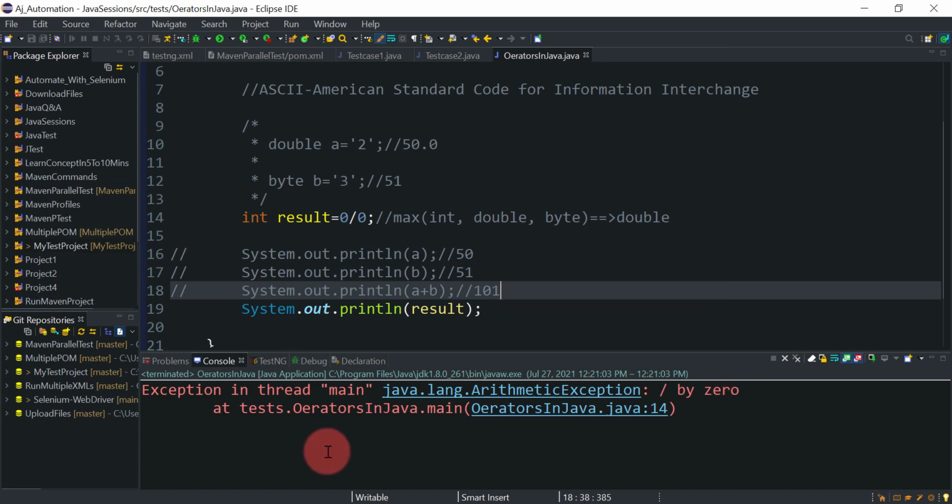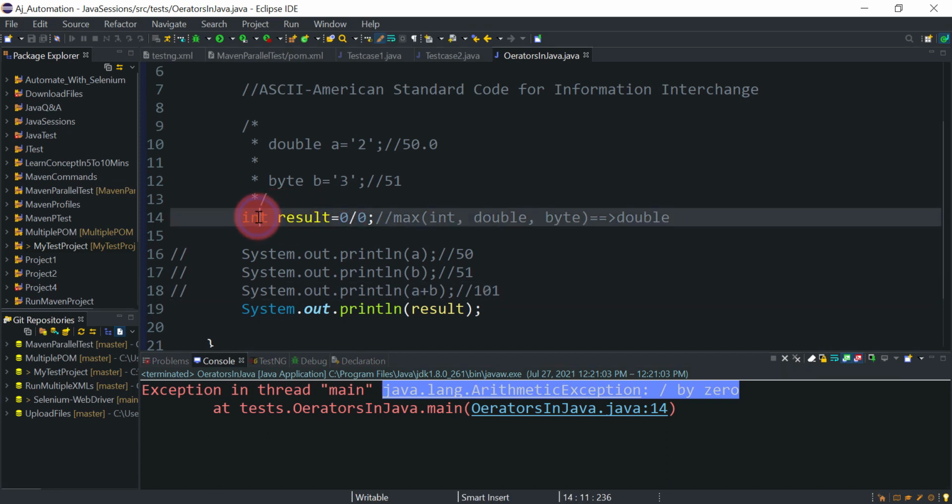We will get the exception in thread main java.lang.ArithmeticException: divided by 0. So this is the exception you will face. If in an interview someone asks you what value you will get when you write 0 divided by 0, that is the arithmetic exception, because I am storing this result in an integer type of value. That's why we got the arithmetic exception divided by 0.